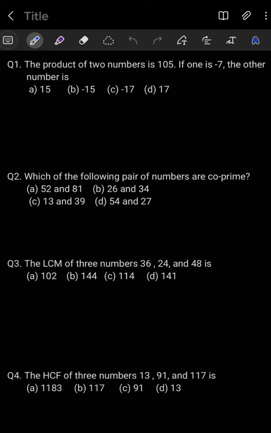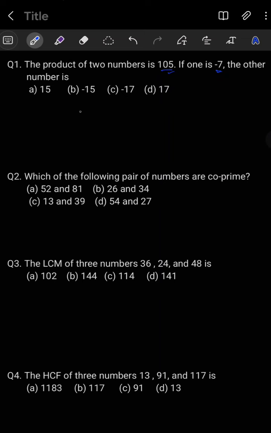Okay, the first question you can see here: the product of two numbers is 105. If one number is -7, then what is the other number? Here you have to find out. तो यहाँ पर बोला गया है कि दो नंबर है जिसको मल्टीप्लाई करने से 105 मिलता है, और उसमें से एक नंबर -7 है, तो दूसरा नंबर क्या है आपको निकालना है।